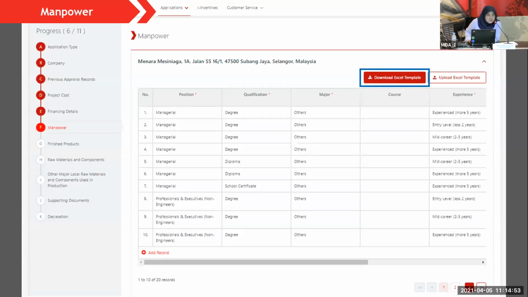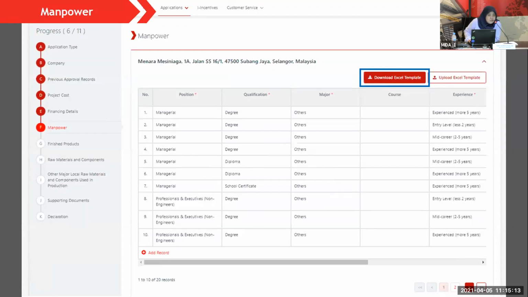You can see two buttons here, to download the Excel template and to upload the Excel template. Update it accordingly, key in accordingly, then you can upload the Excel template.